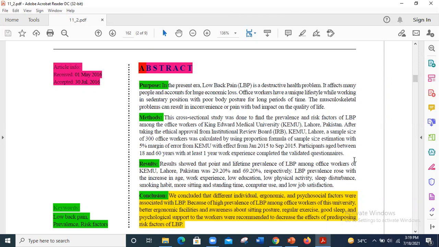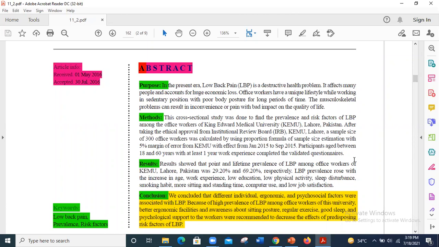Next comes the methodology of your research paper. What are methods and materials and methodology? Materials and methodology is going to explain the core of your research, the statistical portion, the methods, the strategy, whatever you are going to do in your research. You are supposed to summarize all these things under this heading.